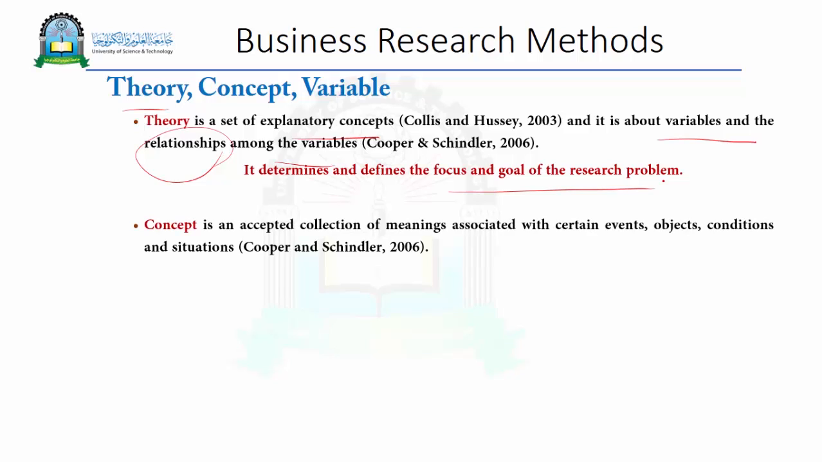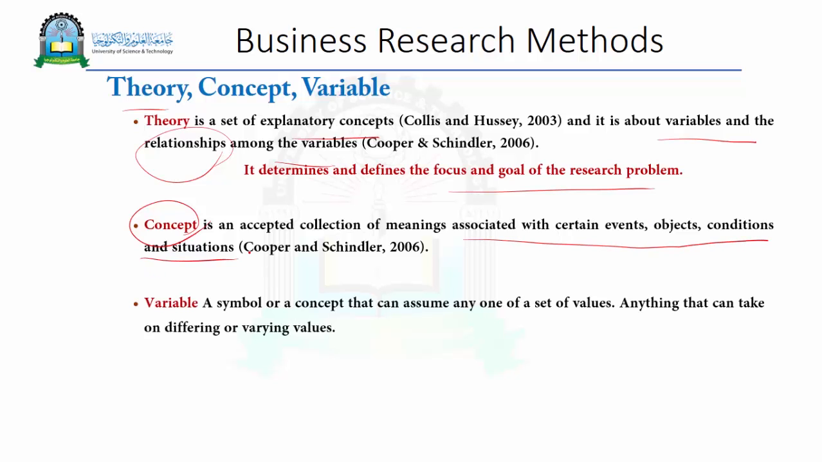The second one is a concept. What is the concept? It's the variable, which is going to be the operationalized variable. According to Cooper and Schindler, the concept is an accepted collection of meanings associated to the events, objects, conditions, and situations. So as I said, it is the variable before what we call